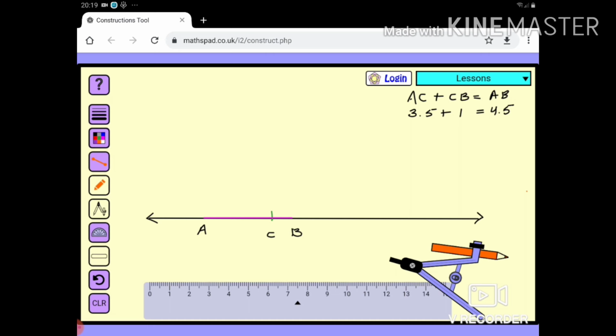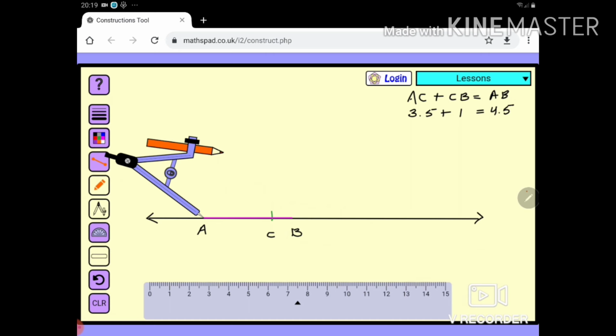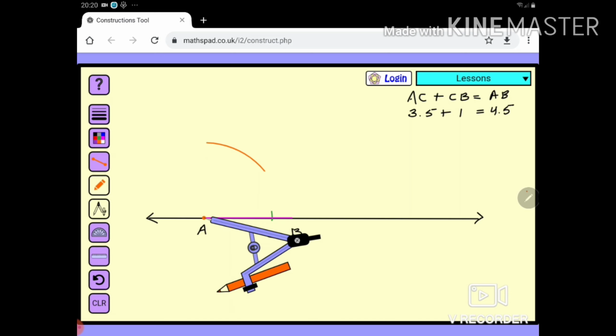Now the next step is we need to construct a perpendicular bisector of AB. For that, we will be considering the endpoints of the line segment one by one and opening the compass more than half. So opening the compass more than half, we will be marking the arcs, keeping the radius constant. So here, this is the first arc at the top, and at the bottom as well I will be putting the same